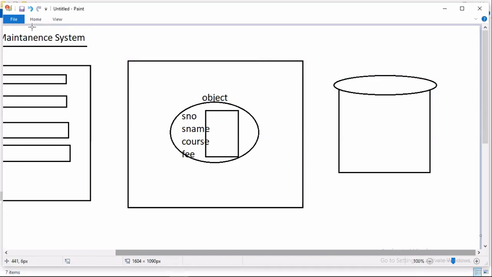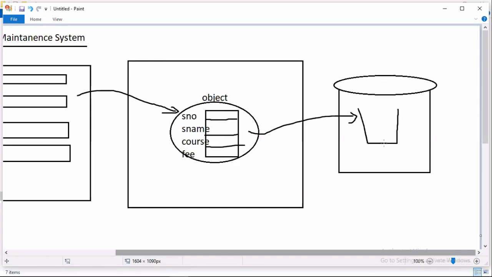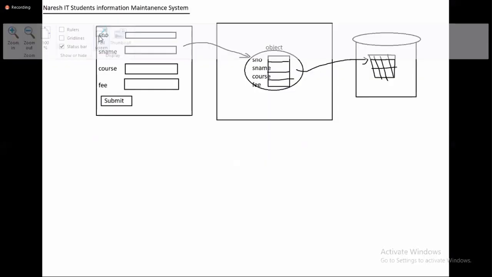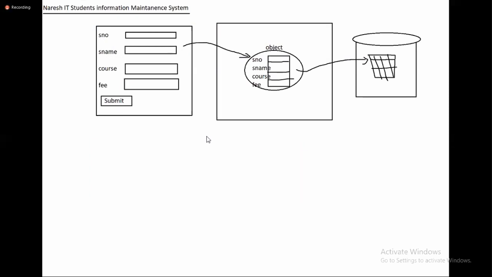Okay, so this is the procedure. Read data, store in the program side, and then store data in a database table. This is the application I want you to develop. But we cannot completely develop this application here. There are a lot of other sections where you need to be involved.